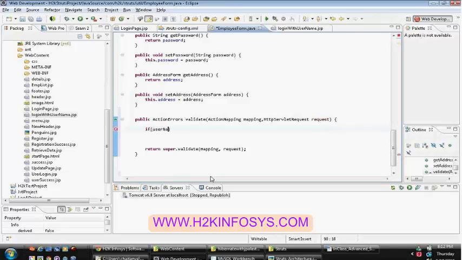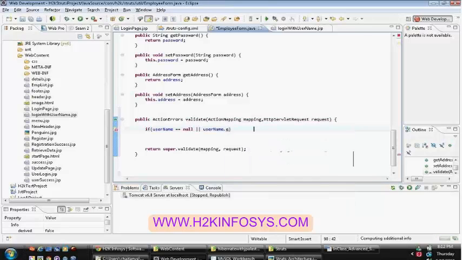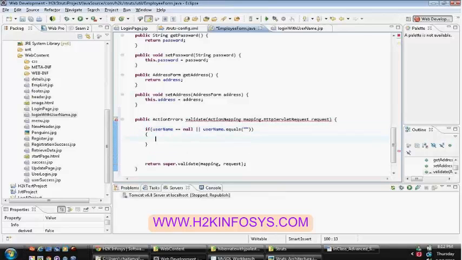So I'm verifying if username equals null, or if username dot equals, let us say someone has entered only an empty space without data. For that also you need to respond specifying that it is not a valid field. If username is null, then you need to